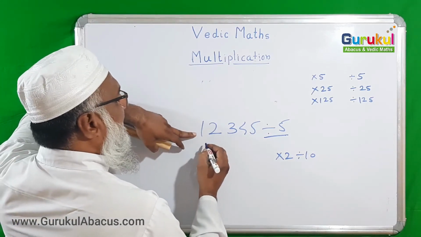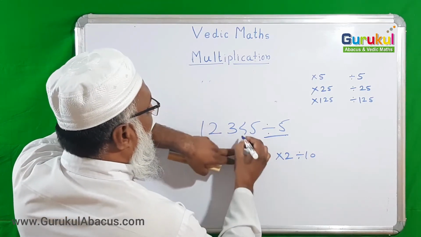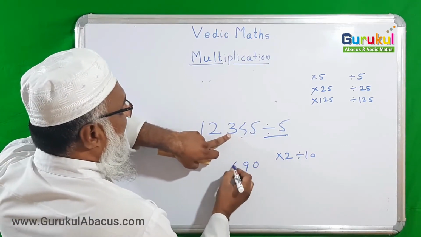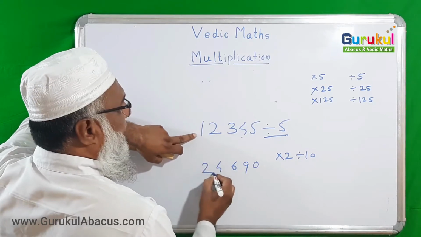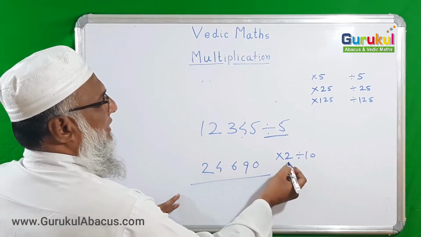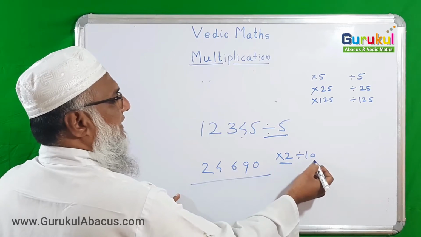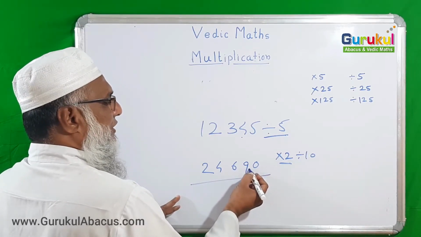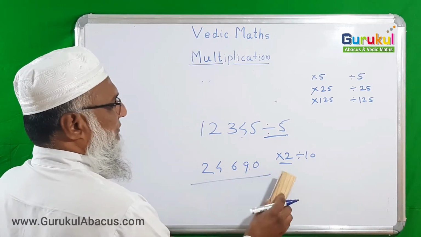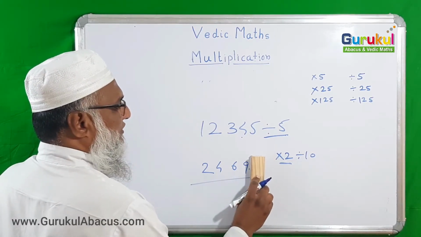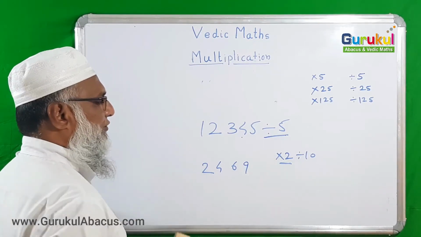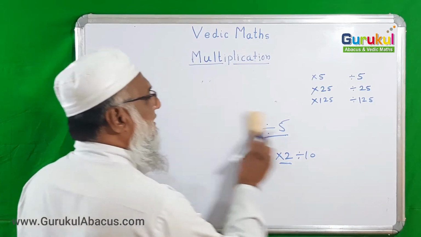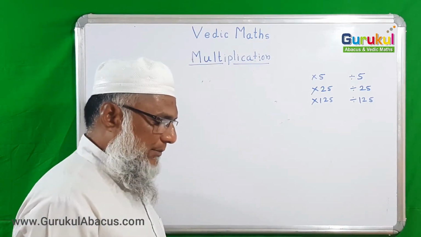Now it is, so 2 5s are 10, 0, 1 carry over, 2 4s are 8 and 1, 9, 2 3s are 6, 2 2s are 4, 2 1s are 2. Now this is the number after multiplication by 2, and then division by 10 means here is a decimal point. That decimal point I am putting here for my understanding. After the decimal point there is 0, so I am rubbing that 0 as well as the decimal point. So my answer is 240069.